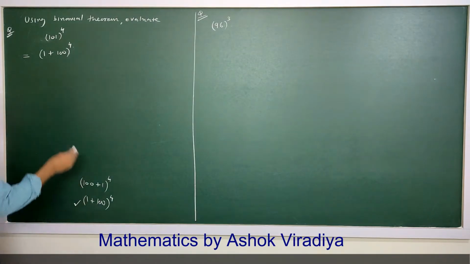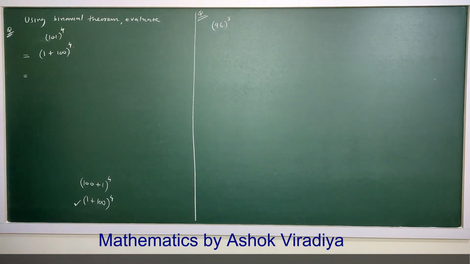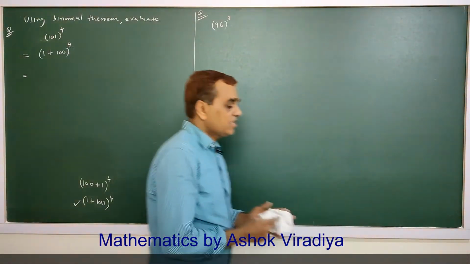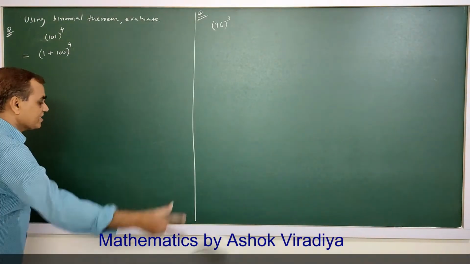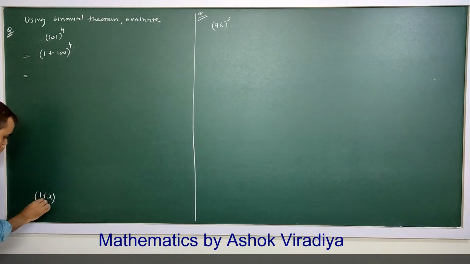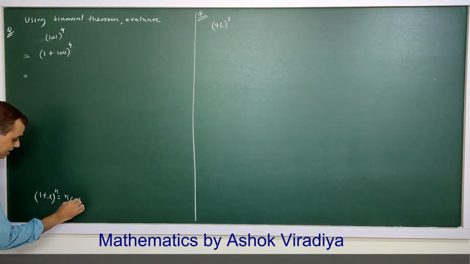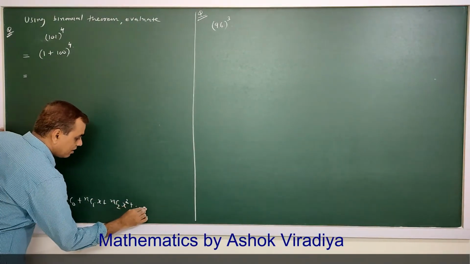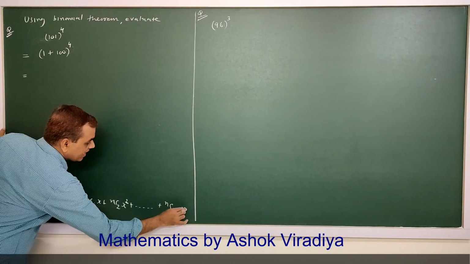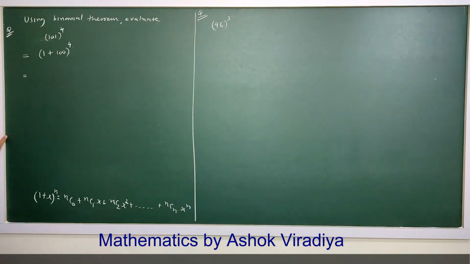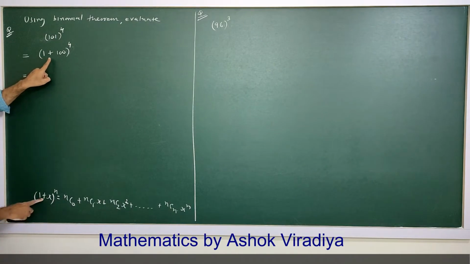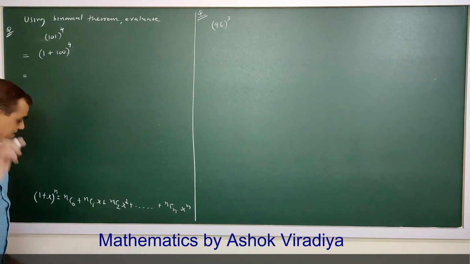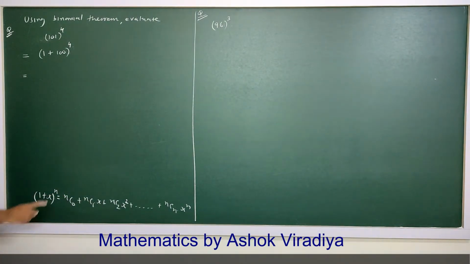Now we have the formula for (1 plus x) raised to n. Its easiest form is nC0 plus nC1 x plus nC2 x square, up to the last term, which is nCn x raised to n. So 1 is here, plus, now x is 100. So replacing x by 100 and n by 4, by this formula